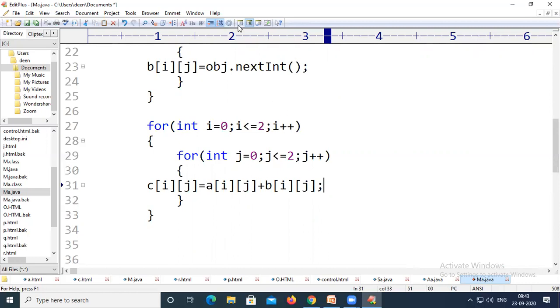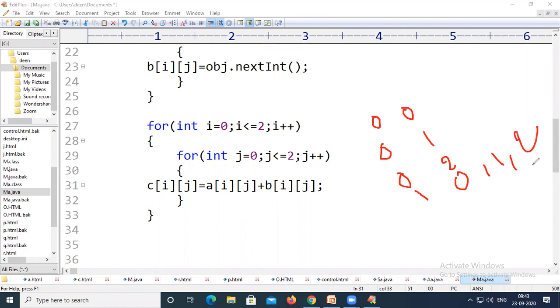If you observe how these values are going to be iterated, initially i will be 0, j will be 0, and then i remains 0, j will become 1, i remains 0, j will become 2. Whenever j becomes 3, it will not execute this, it will just come out of the loop, and now i will become 1, and again j will iterate from 0, 1 and 2, and then i will become 2, and again j will iterate from 0, 1 and 2. And when both become 2 and are incremented, the condition will be false, and this loop will not be executed whenever the value of i and j becomes 3. So this is how we are going to add the things.